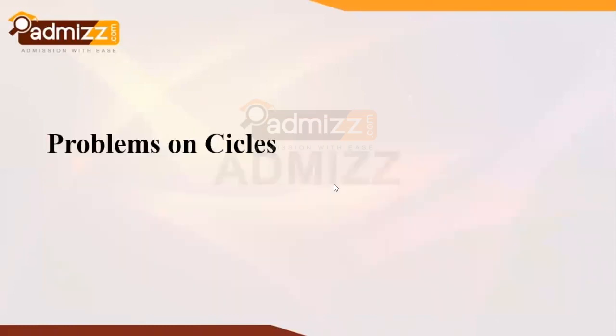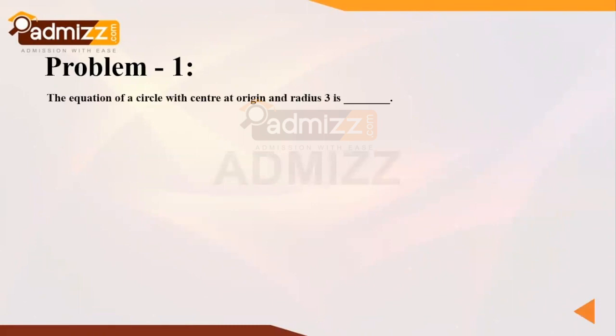Now let's have a look at a few of the problems on circles. Whenever problems on circles are asked to you, the questions will be very easy. Either it will be conceptual based, or it will be of the form wherein you are supposed to construct an equation of circle with the data provided in the question itself. So the equation of circle with center at origin and radius as 3 units is given by x square plus y square equal to r square. So r value is 3, so it can be written as x square plus y square equal to 9. Yes, very good.